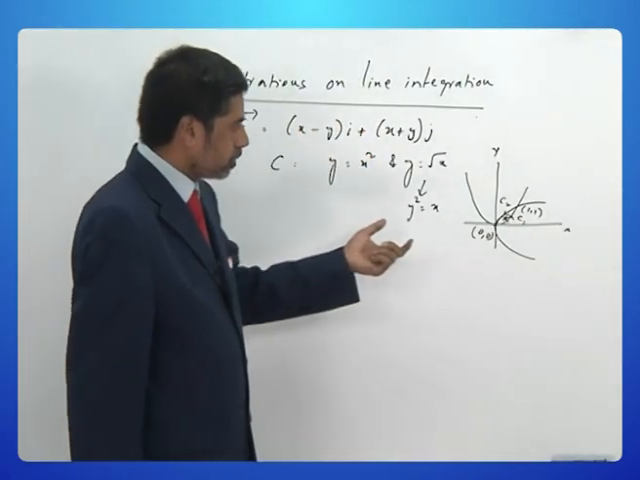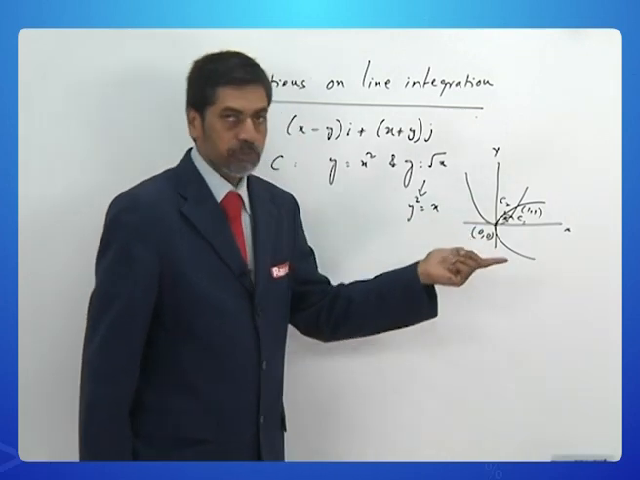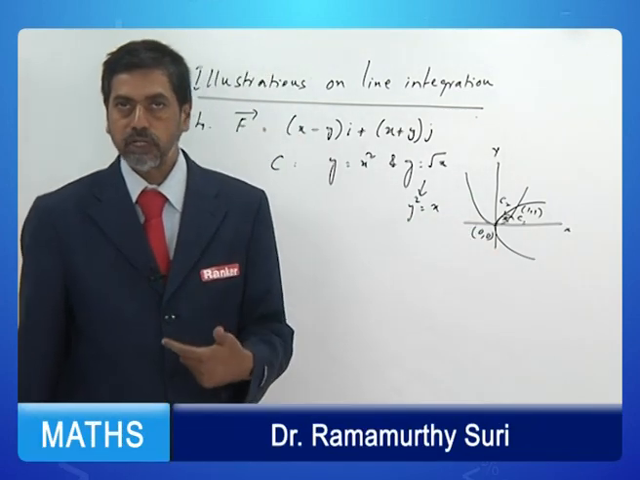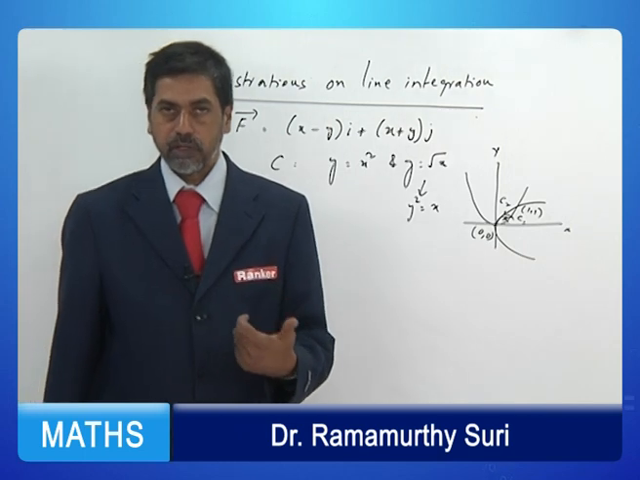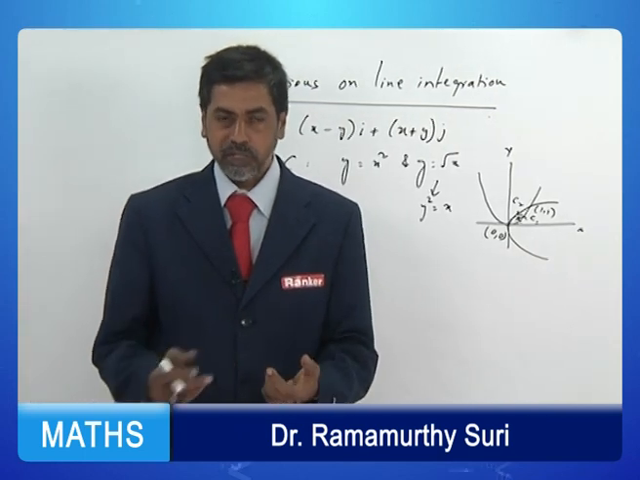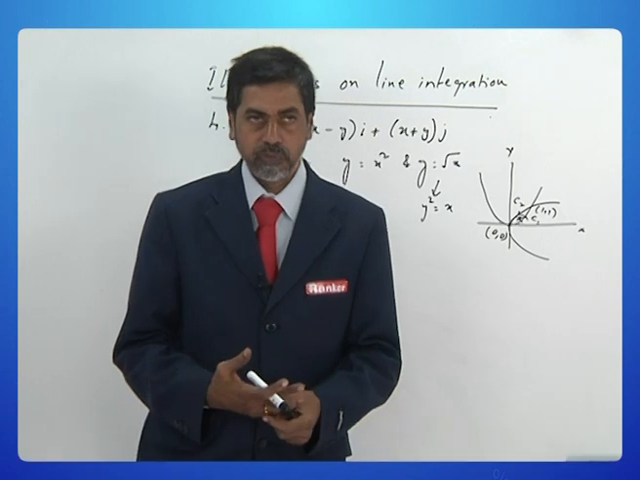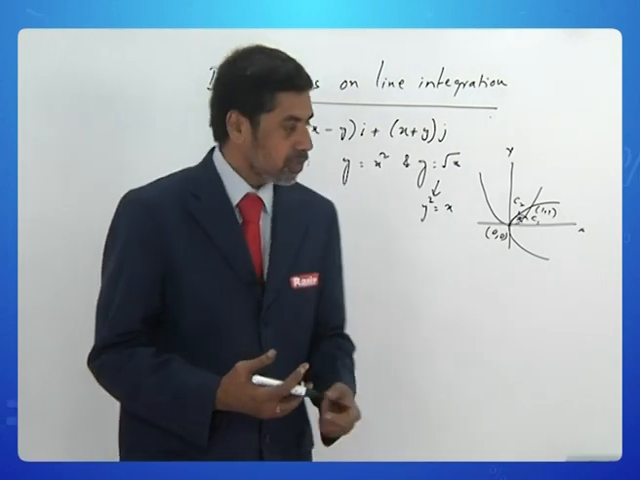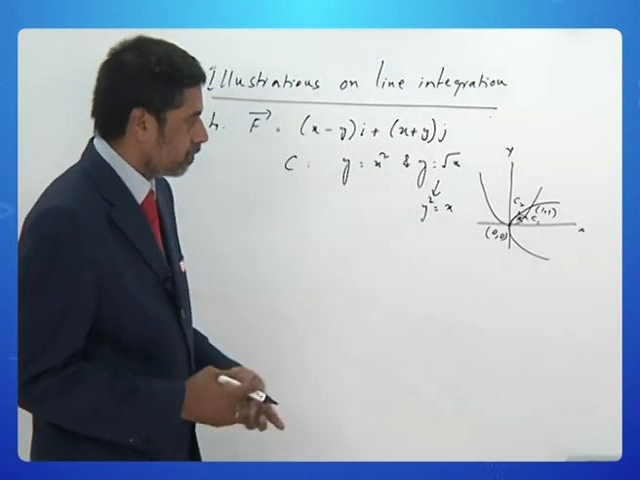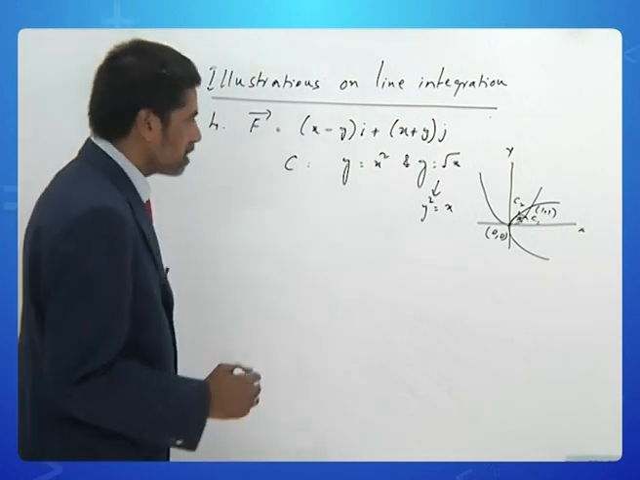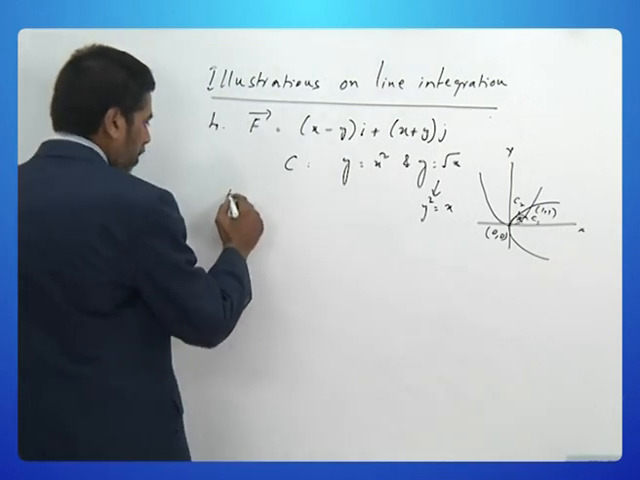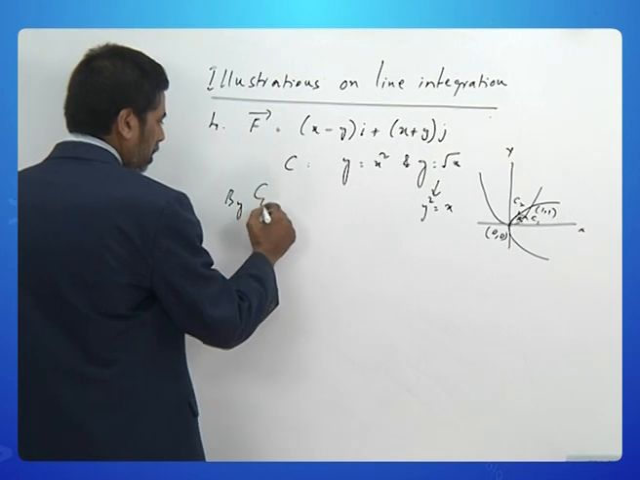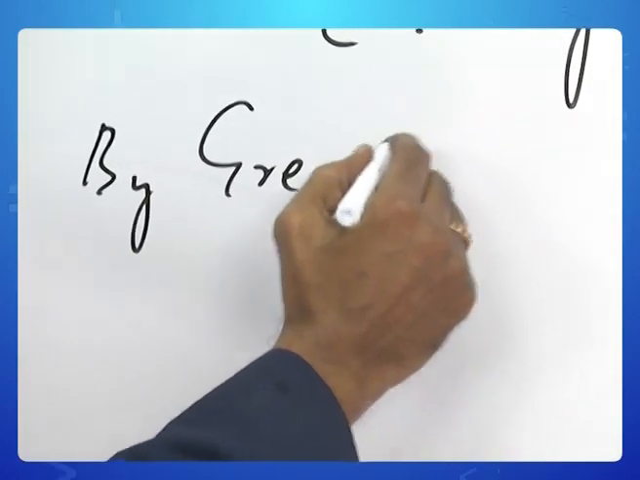So as I told you, whenever you have a circulation problem, you can convert it using either the Green's theorem or the Stokes theorem. Green's theorem is always selected whenever the problem is set in 2 dimensions. Because this is a problem set in 2 dimensions, we can evaluate using the Green's theorem. So by Green's theorem,